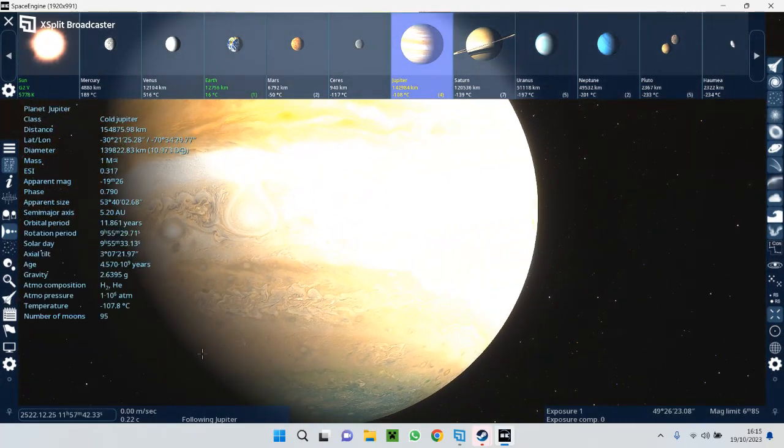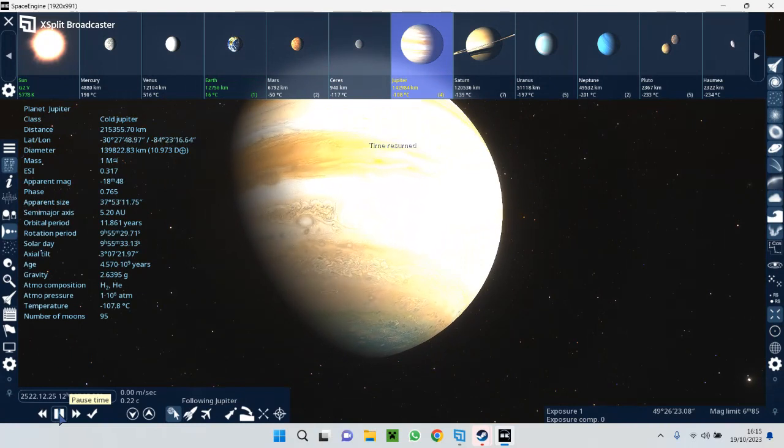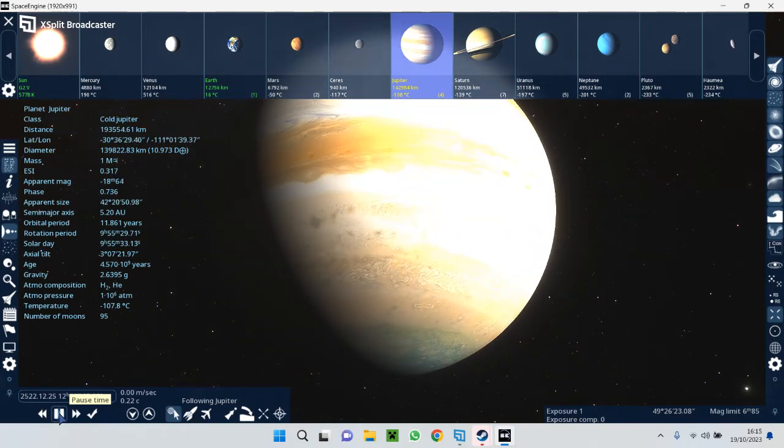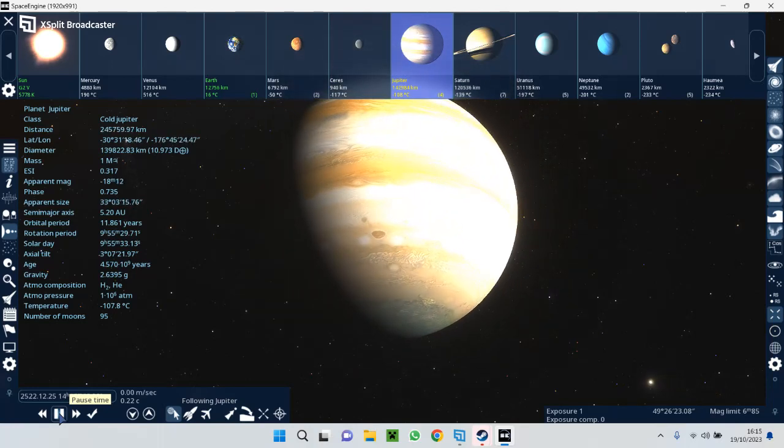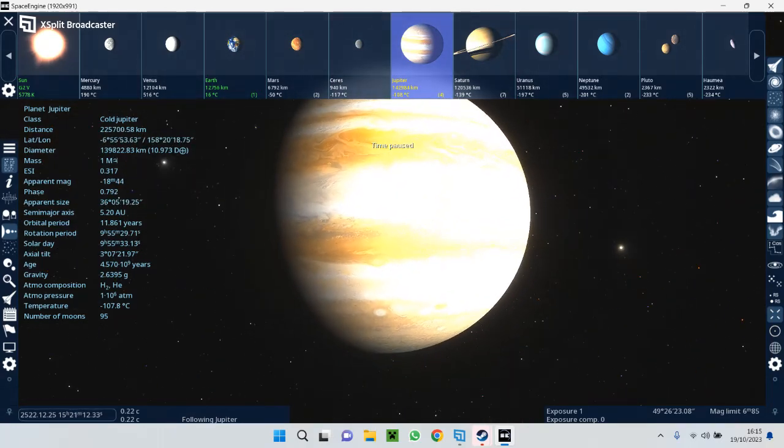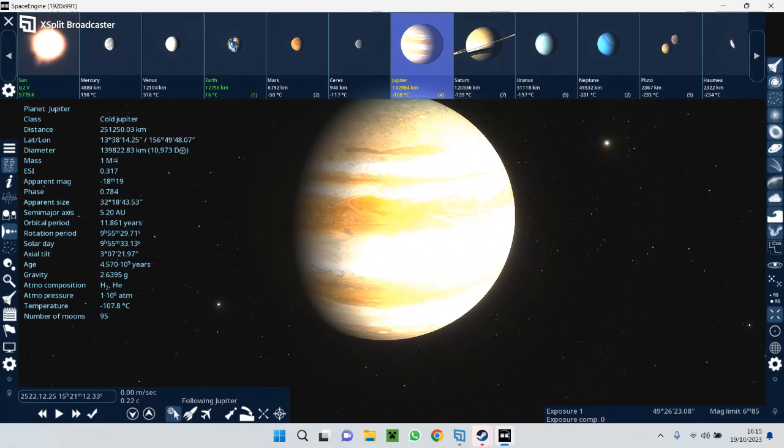I think that's Jupiter's red spot. I want to catch the red spot like right in here. Oh, that's the red spot there.